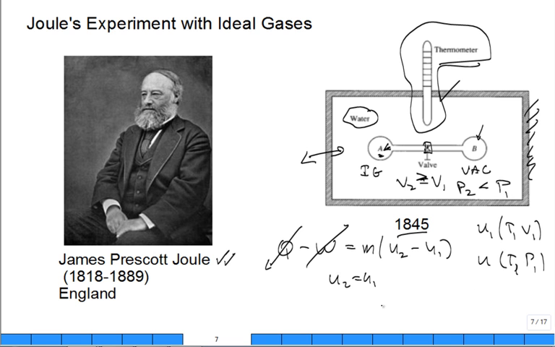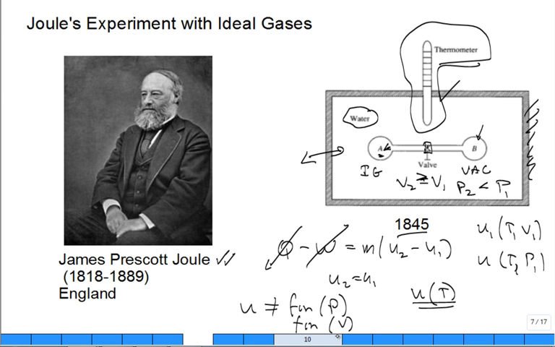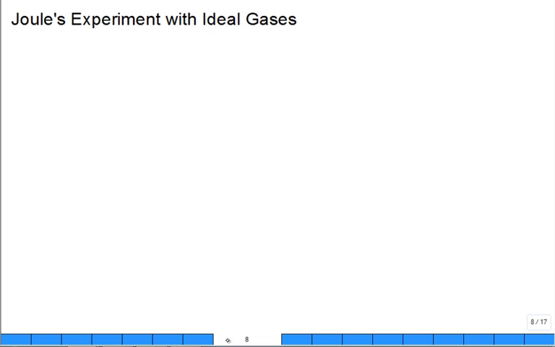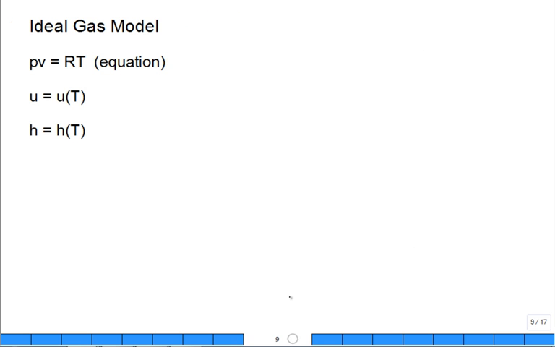So what he concluded, I know I'm going a little fast here, is that the internal energy of an ideal gas is only a function of temperature. It is not a function of pressure for an ideal gas or a function of volume. For a real gas, like steam, close to saturation states, then it is. But for an ideal gas, the things he tested, it's not. So when we talk about ideal gases, there's three things that make up the model. The equation, makes sense? That observation from Joule's experiment, that internal energy of an ideal gas is only a function of temperature,